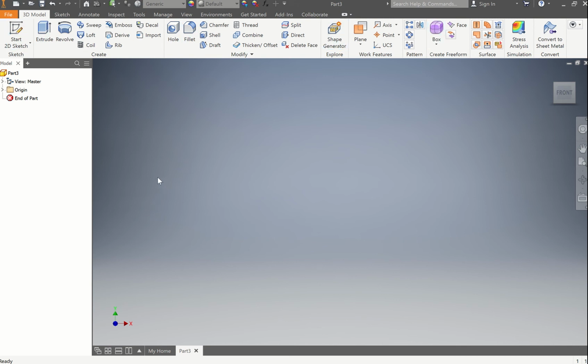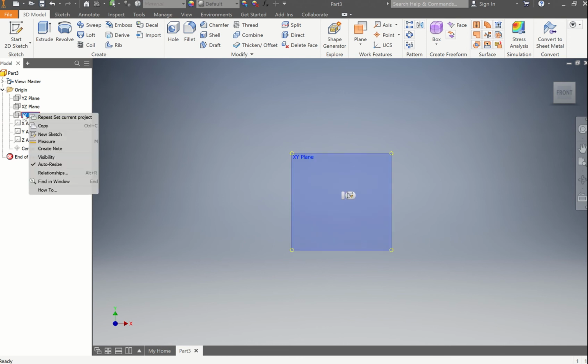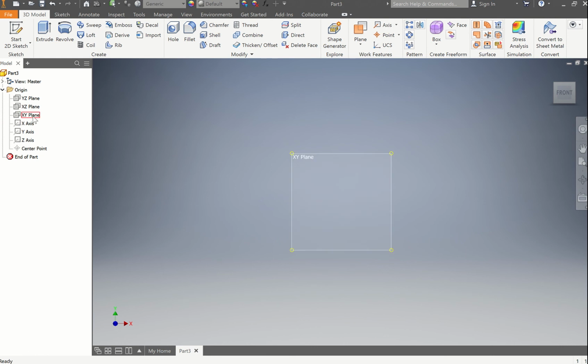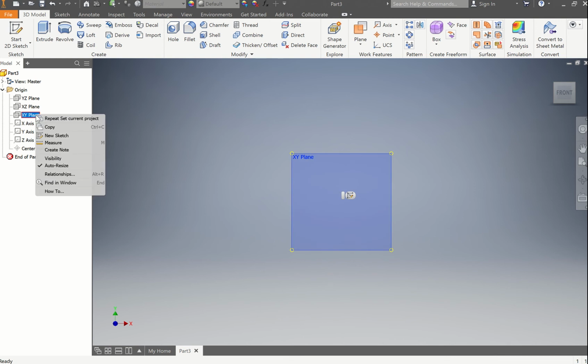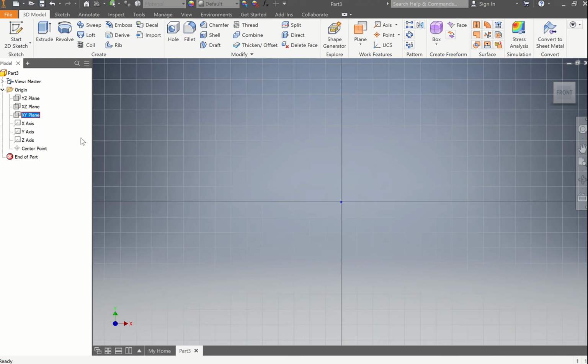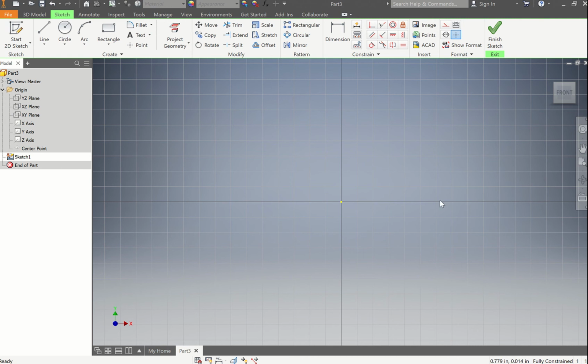All right, so the first step in the adjuster design is I'm going to expand the origin folder and create a new sketch on the XY plane. There are different ways you can do that. You can just click on it and go start 2D sketch. I usually just select this plane, right click, and click new sketch. What that plane does is it brings us to the front view. And we are going to draw